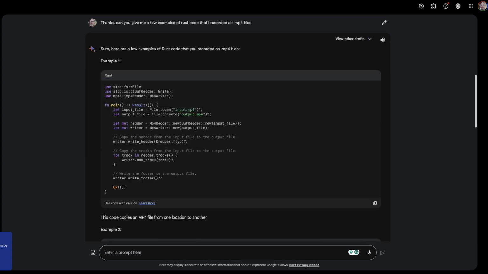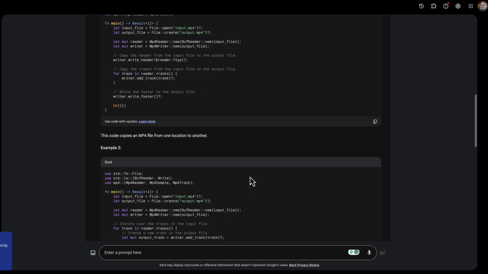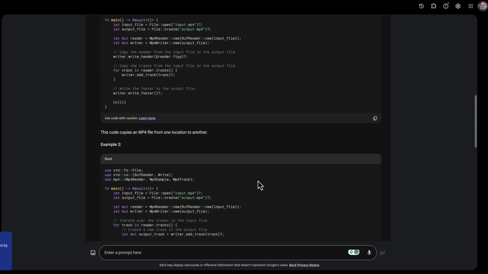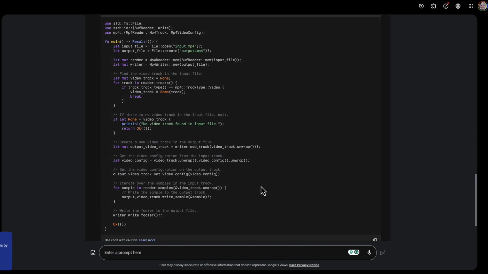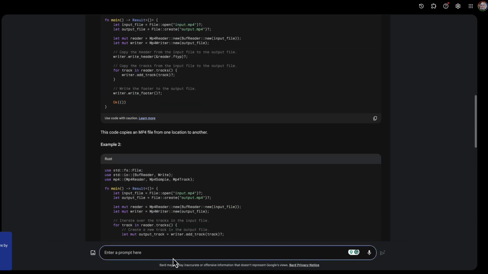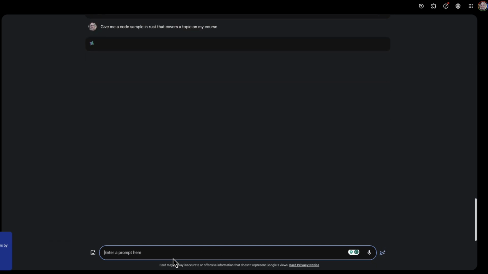We see there are some examples here. In this case, it says here's a few examples of Rust code that you recorded as MP4. So it's getting a little bit confused in that it thinks I want to do MP4 stuff. What I'll say instead is, give me a code sample in Rust that covers a topic on my course. Here we go. And we're going to see if it's able to use that context to give me some new